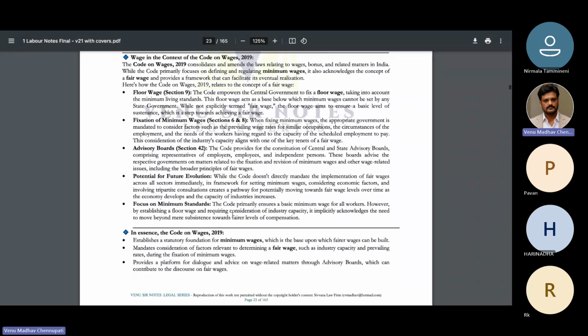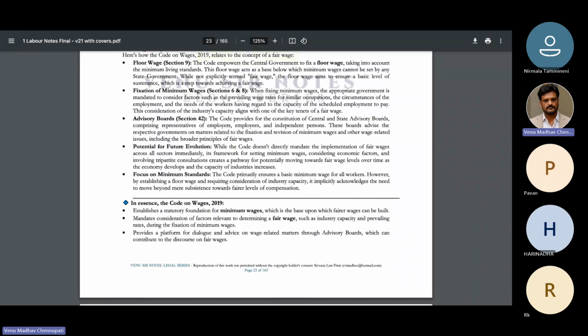Potential for future evolution. While the code doesn't directly mandate the implementation of fair wages, this is important. The code never directly mandates implementation of fair wages across all sectors. It only talks about minimum wages and the factors that are basically considering economic factors and tripartite consultations, creating a